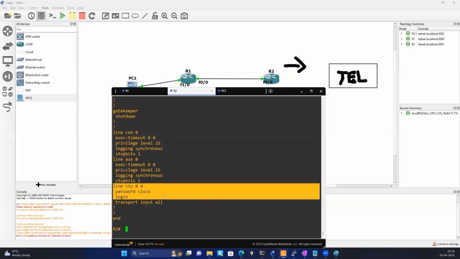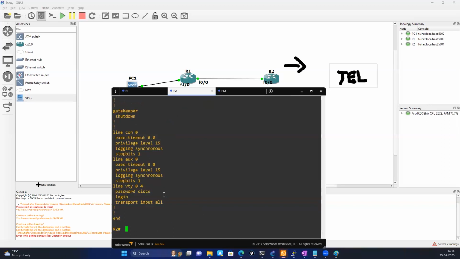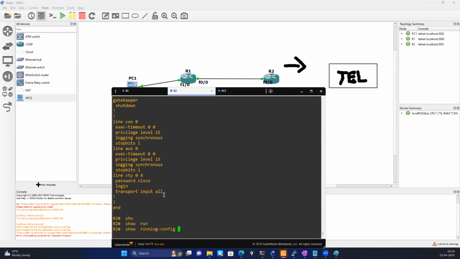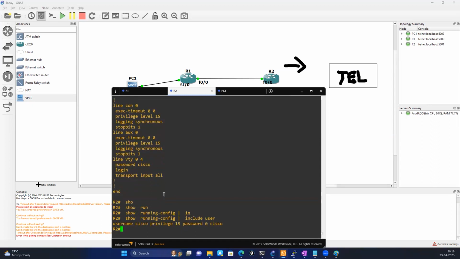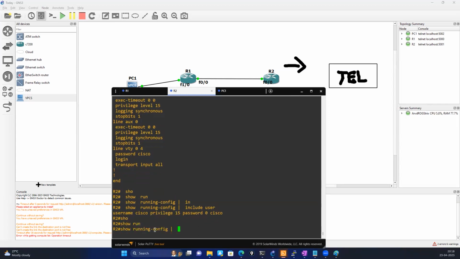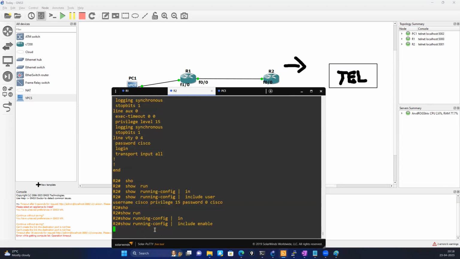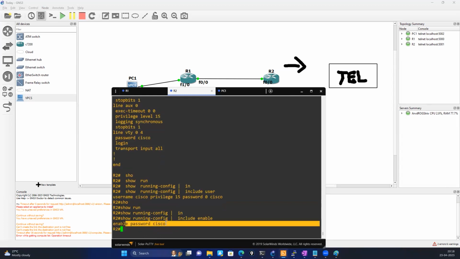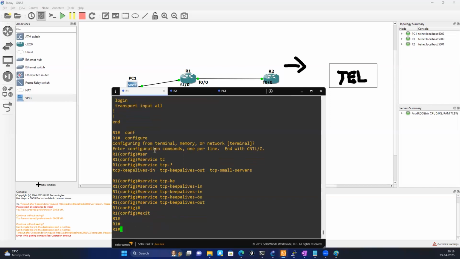So I enabled telnet and I have set a password, Cisco default. So I've created a user with privilege level 15 and the password is Cisco. And the enable password is there. So now let me try to do a telnet session. So for that,